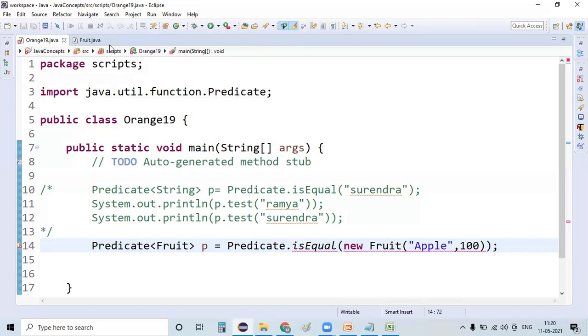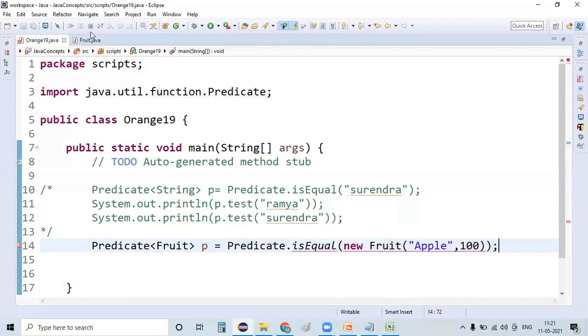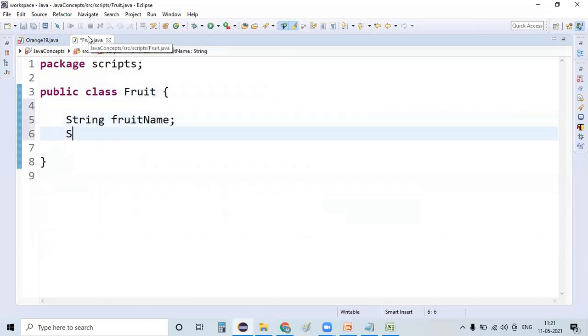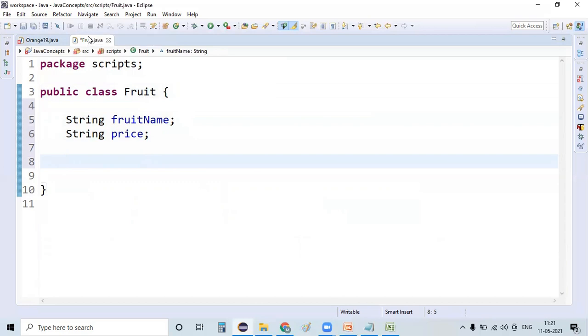That's it. Okay, and for this class, whatever the two variables that we have defined, fruit name as well as price: String fruitName, comma, String price. I have defined these two strings here.